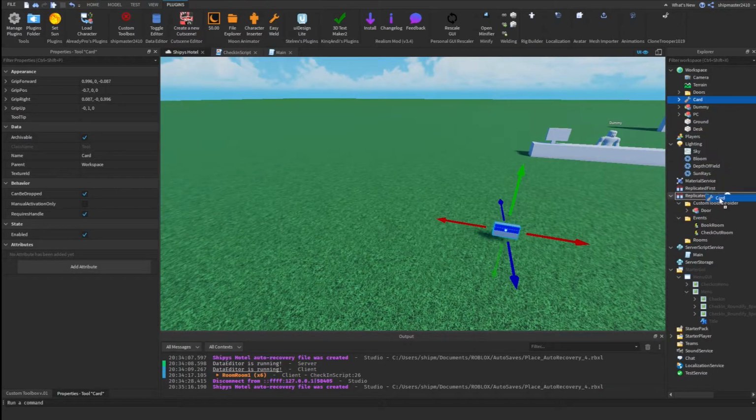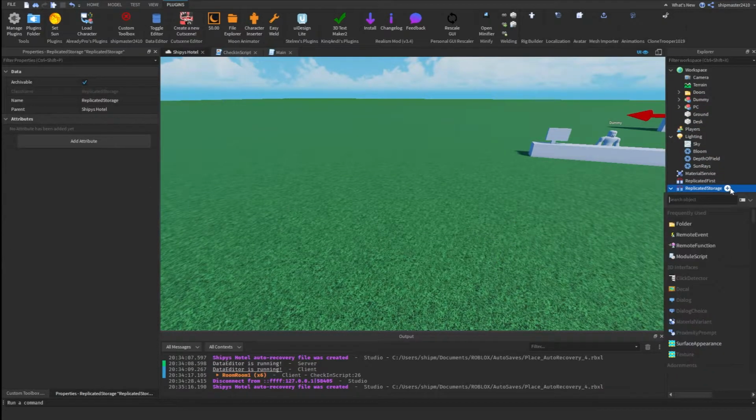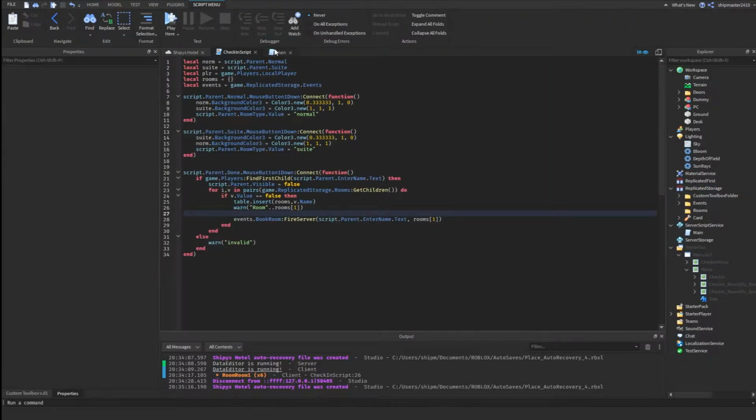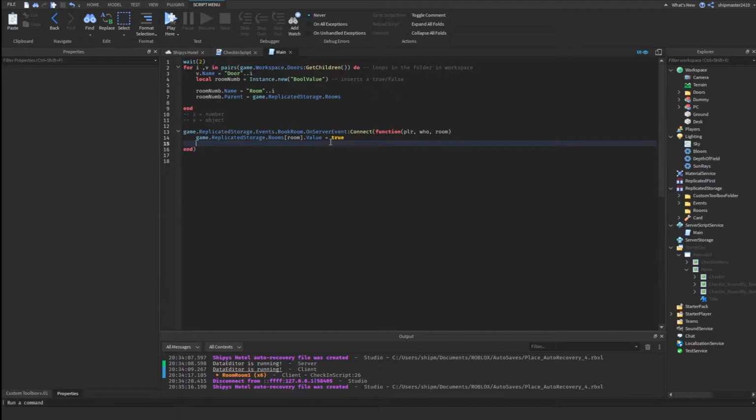So take our card and then we're gonna put it in replicated storage under the folder. Actually, no, we don't need a folder. Everything's pretty organized as I see. And we're gonna go